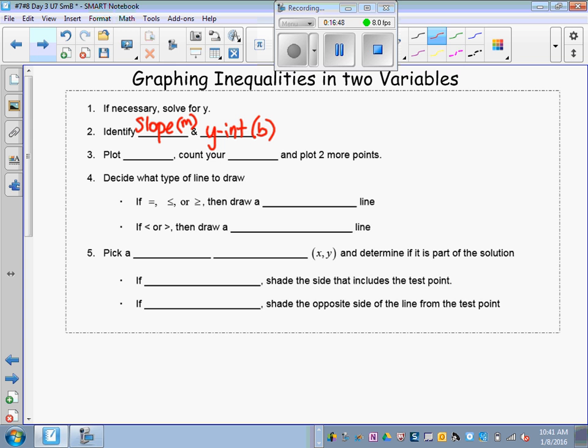All right? Plot your y-intercept, the b value, and then count your slope and plot 2 more points. We still have people that aren't properly graphing these lines, so make sure you're paying attention to this. So you first put your y-intercept, and then from there, you want to take your phone, turn off the phone,